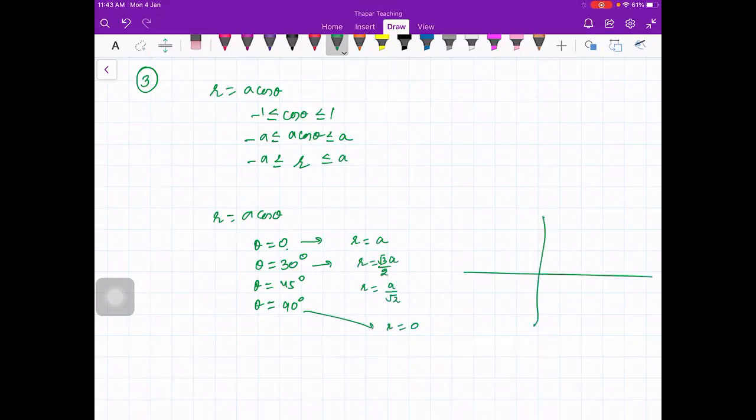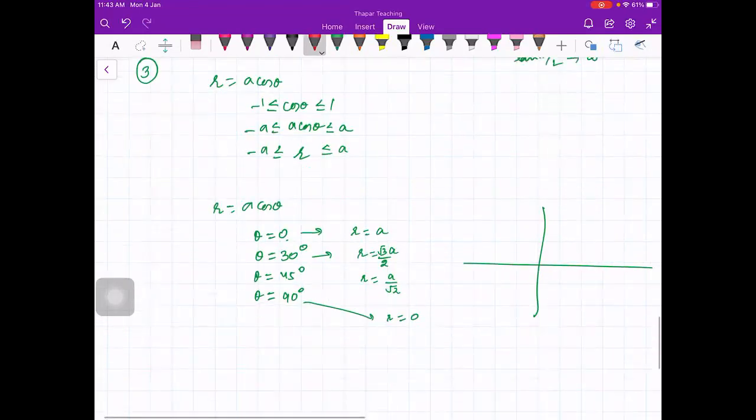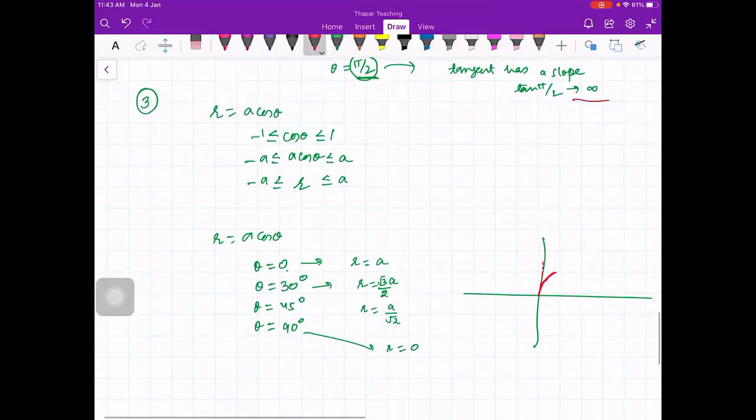So you see what will happen. You can also see when it passes through a region, the tangent has a slope, how much? Tan pi by 2. I told you, right? Whatever is the angle at which it is passing through a region, tan of that angle will be the slope of the tangent at that point, that is infinity. So you know that at this point, theta is equal to pi by 2, the curve will be like this. Is that thing clear? Why? Because this line has to be the tangent, because slope has to be infinity.